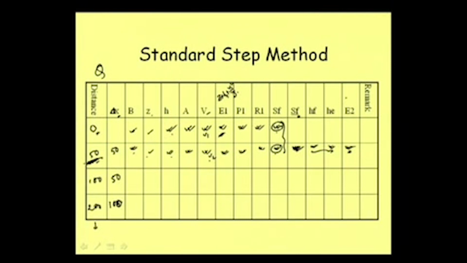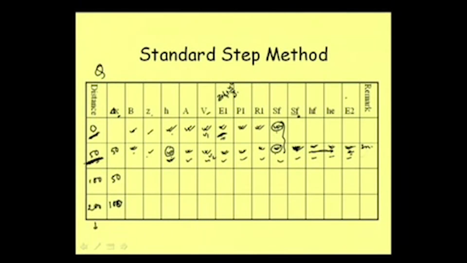If this 50 distance is at upstream of 0, then only we should do E2 minus this part, and then we should check whether it is equal to this one. If 50 is at downstream of 0, then this way we should check whether this is equal to that. If it is not matching, then we should consider another H value, because this H value we are assuming, and then we can calculate all these values again, and then we can try checking this value, and in a comment we can write whether it is correct or not.